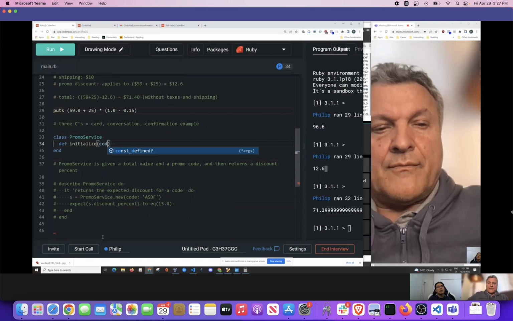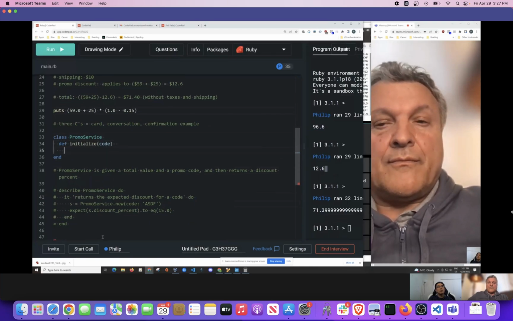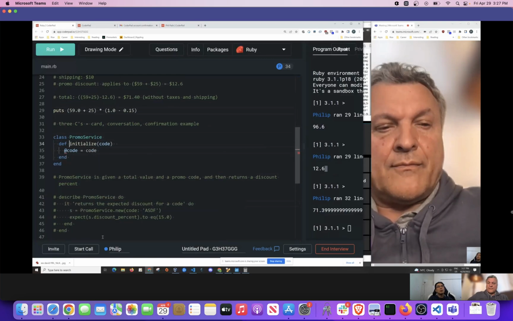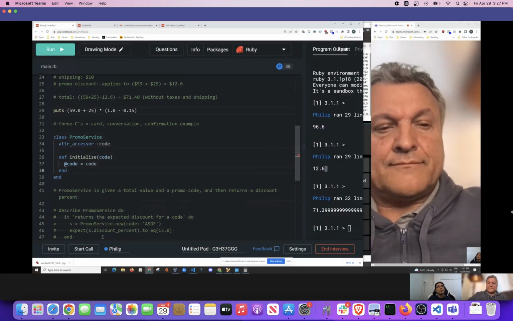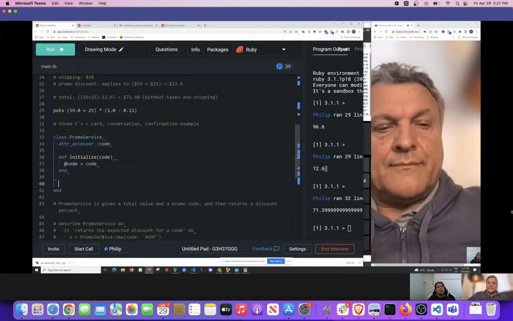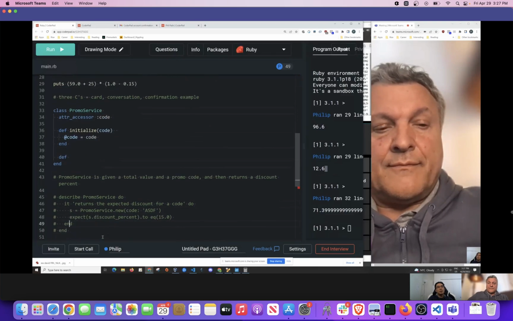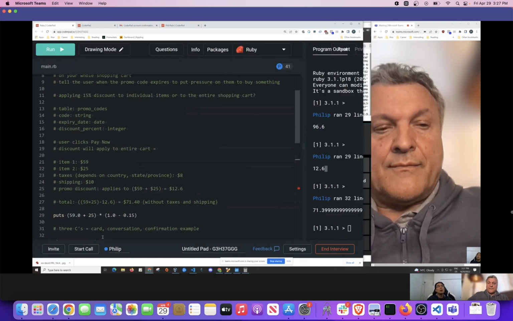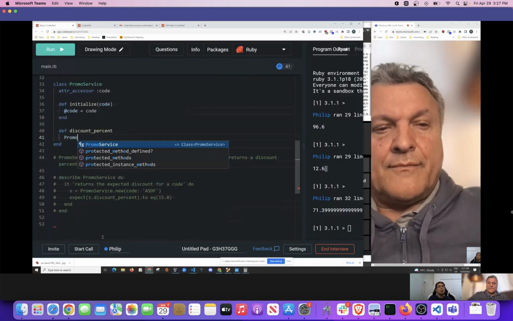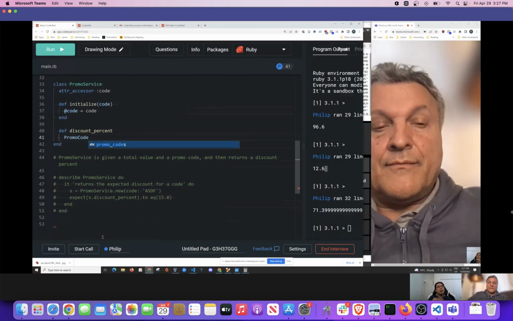If initialize, it'd be code, and then code, code, code. Or in Ruby, there's actually something like this. But anyway, so that would be that function, and then the public function for getting percent would be so percent, and then you'd say there's this table called promo codes, and so it'd be promo code, and in Rails it's singular, where code equals code,